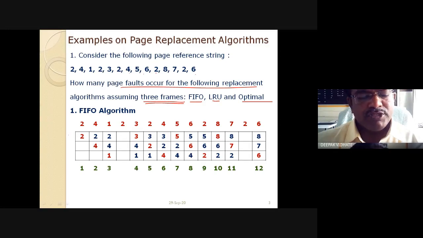So the number of page frames is 3. This is frame number 1, frame number 2 and frame number 3. The 3 frames are initially empty, currently free, and the page reference is made to page number 2. And this is a FIFO algorithm. The logic tells that the page you put in first is to be out first, that is, first in, first out. Very simple to implement.